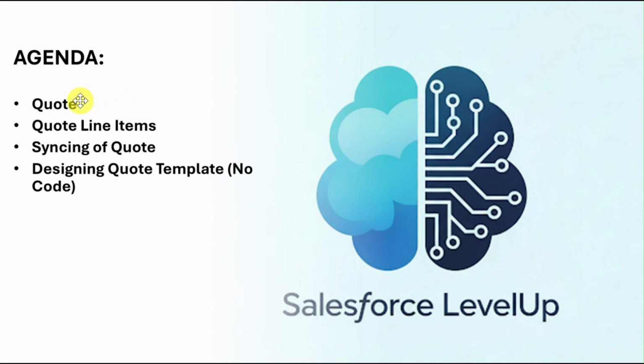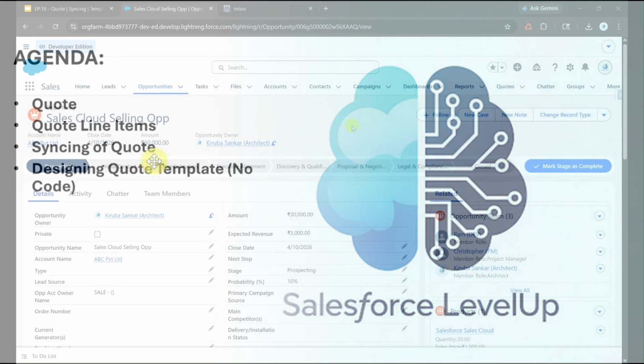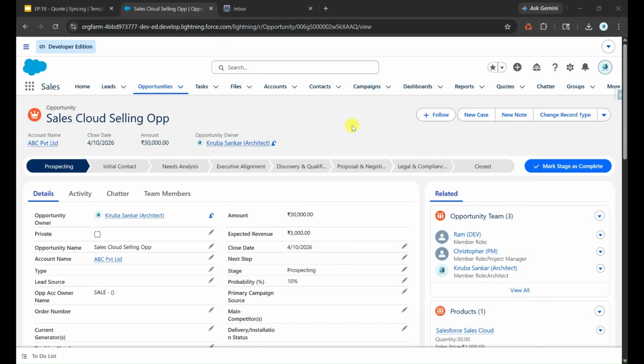In this video, we are going to learn what quote line items are, and what the advantage of syncing the quotation is. And finally, we are going to see how you can design your quote template just by configuration, without writing a single line of code. So, let's get started. Now, just to take a scenario, let's say I'm selling Salesforce courses and I got an